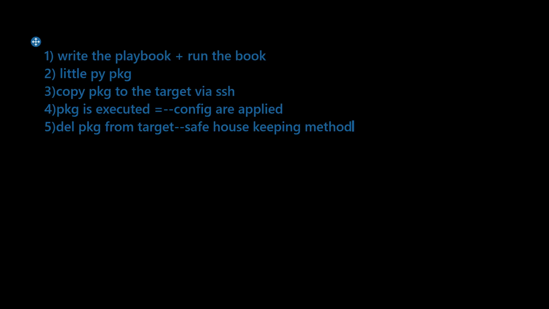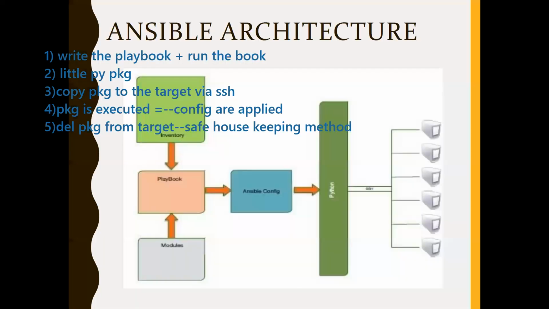Clear, everyone? Understood this? Any questions? This is the process of execution that happens in Ansible. If you are clear with this, we shall go on to the setup. For Ansible, there should be one controller machine and there can be any number of targets. We'll start with one controller machine and one target. Any questions from anyone?